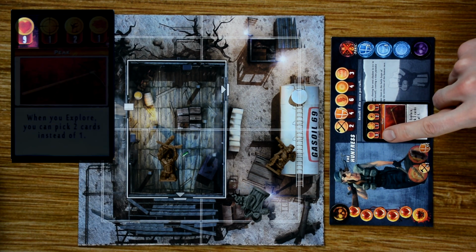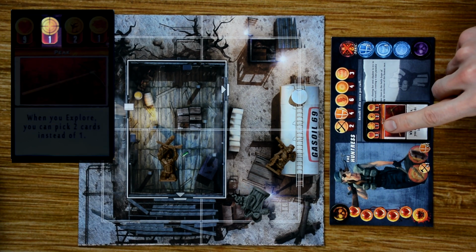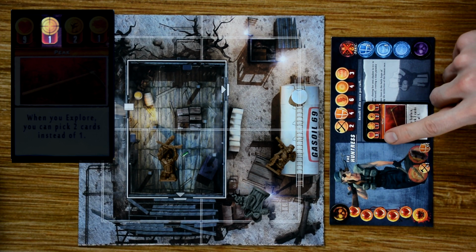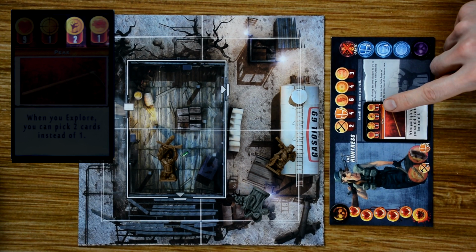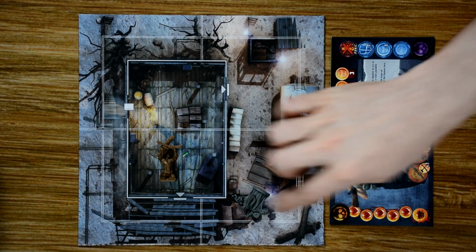So we have the amount of damage a weapon does, the difficulty of using the weapon, or the number of hits a character must roll in order to successfully do damage based on the weapon you're using, the number of hands that weapon must have equipped to use, and the range of the weapon. So this one is a ranged 1, so our character must be in the same space as an enemy to